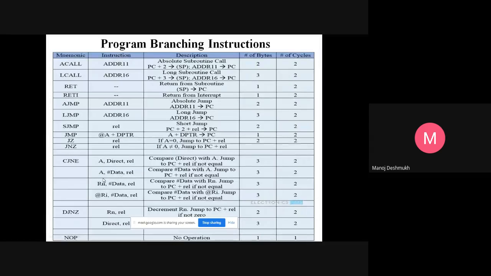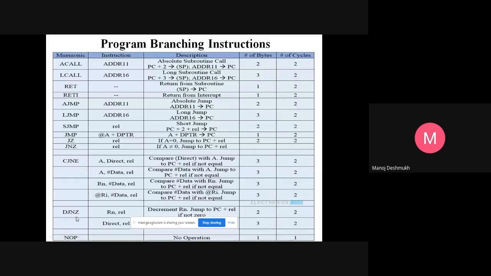These are the combinations, that is A, #data, Rn, #data, @Ri, #data. So contents are copied from any one of the operands to another operand. And here rel is the label which is mentioned to shift the location or position of the program counter. And the last thing related to this is